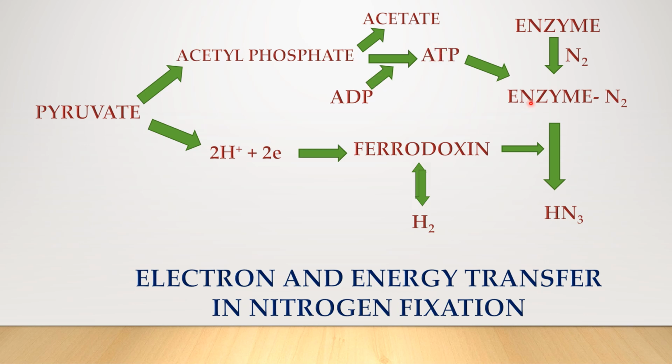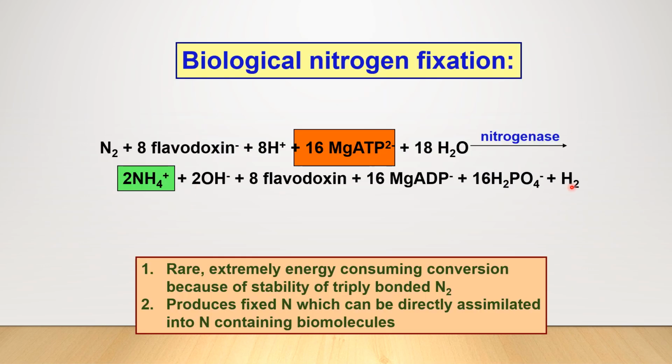So this ATP is the energy source involved in splitting off the triple bond of nitrogen and reducing it into ammonia. This is the overall equation of biological nitrogen fixation. So you see that it is extremely energy consuming, and this is majorly because of the triple bond that exists